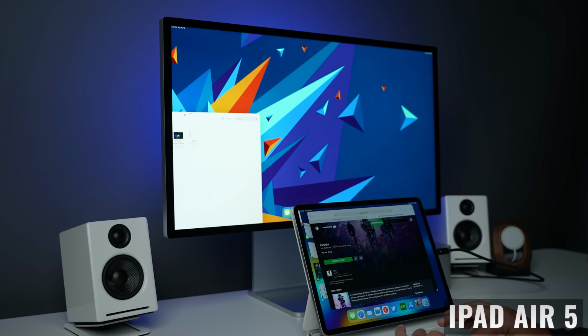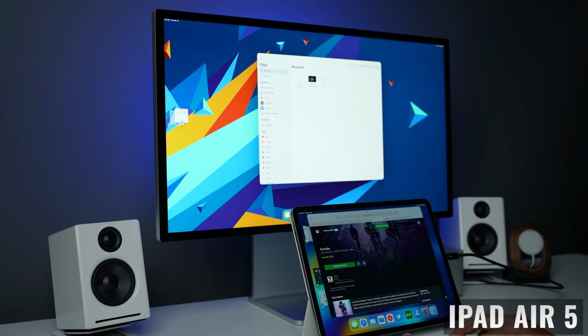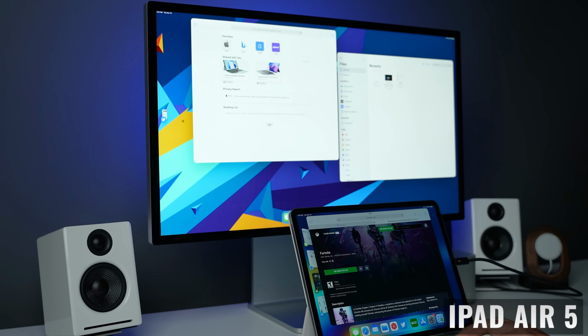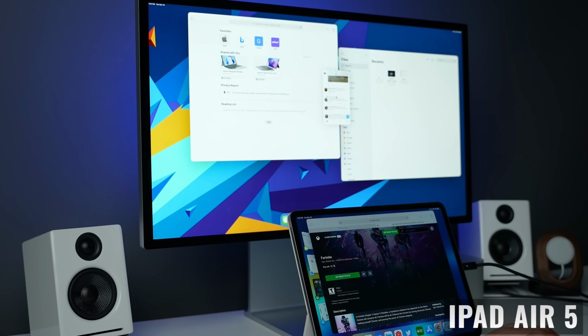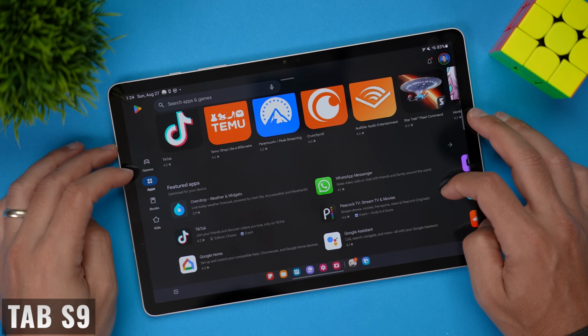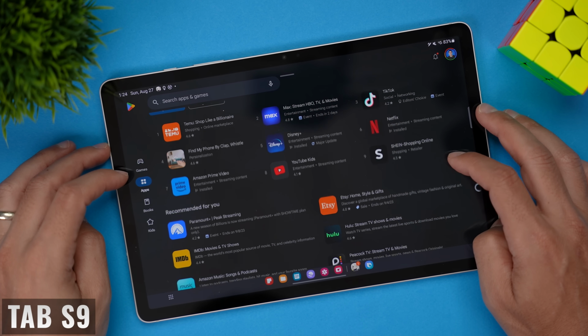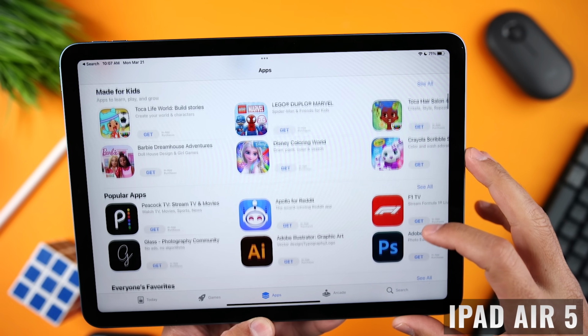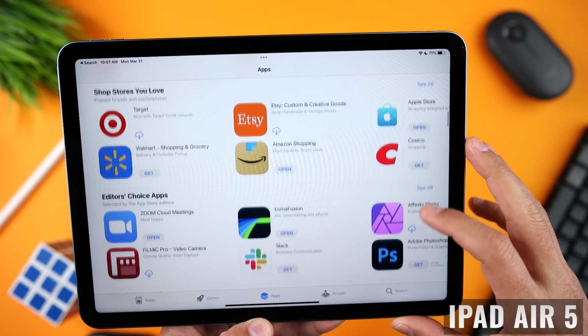Apple does offer Stage Manager with the iPad Air 5. You can use an external display without black bars, but overall, I'm going to give the edge to the Tab S9 and DeX. But when we look at apps and OS updates, things shift back in favor of the iPad. Now, there are a lot of apps in the Galaxy Store, the Google Play Store, and the Apple App Store, so the majority of users are easily going to find what they need. Some creative-specific apps like Affinity Photo and Procreate are only available for the iPad, so if you absolutely need those apps, go ahead and get the iPad Air.